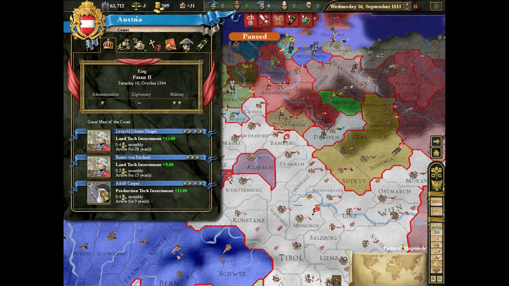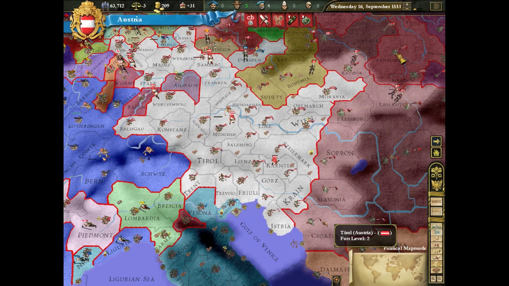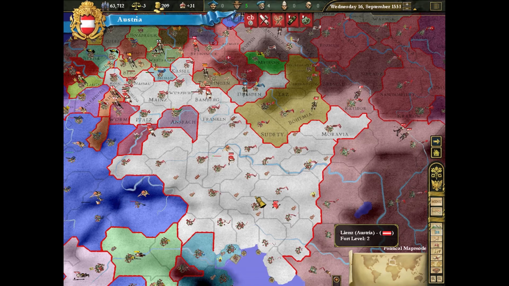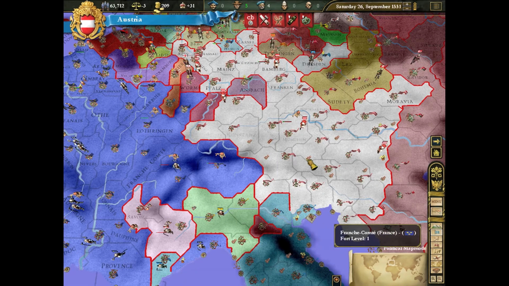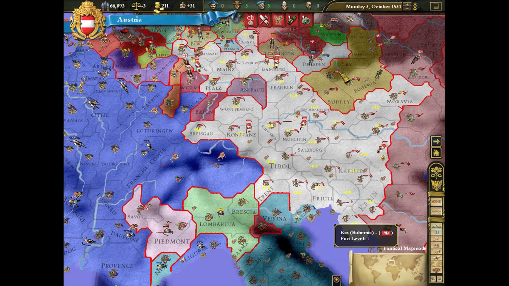Let's see. Yeah, I got production tech and land tech. That's why I'm so far advanced, but now I have to deal with all these stupid, all these, let's see. Go faster. There you go. All these revolts, because I just haven't made my thing any better. But anyway,